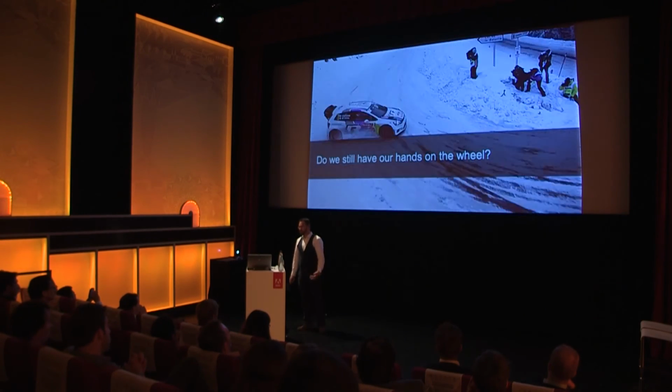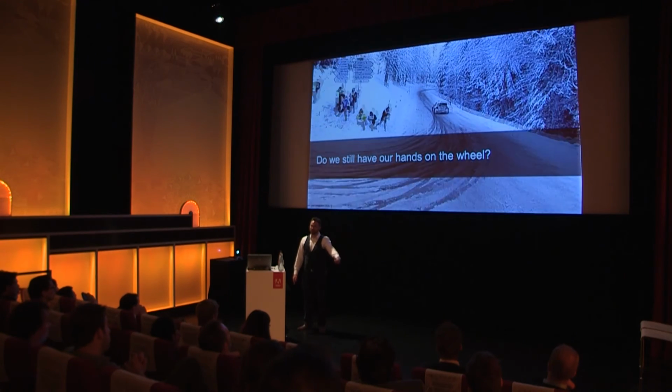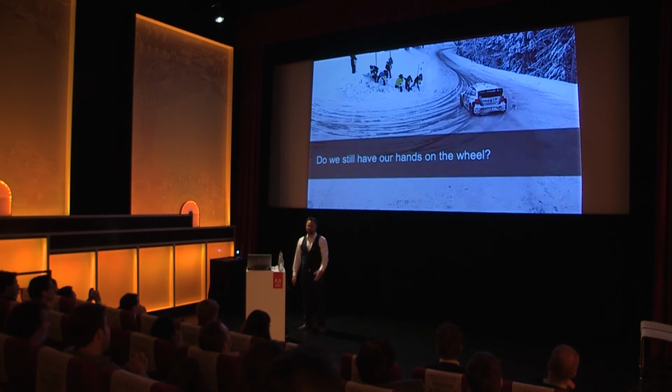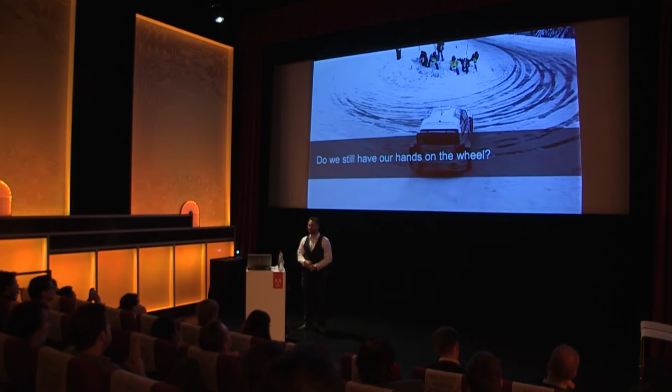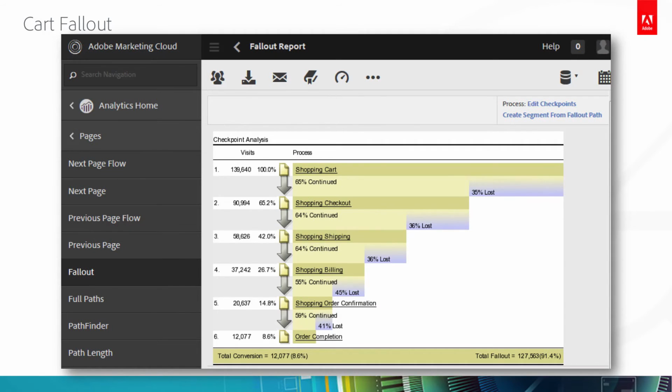And when you do that, we'll make sure that you can keep your hands on the wheel. We do that through the transparency that Alan's probably going to show you here in just a moment, of showing you why our automation made decisions the way that they did. And some of the best ways that you can hold our automation accountable for doing what you would do if you had infinite time is some of these reports here that I unfortunately do not see pulled very often, whether it's Adobe Analytics or Google Analytics.